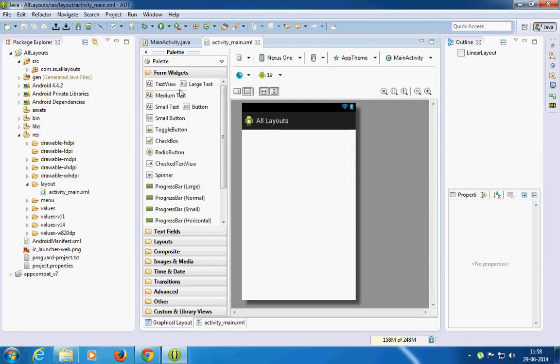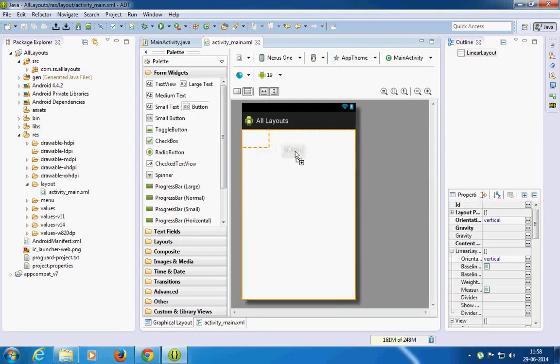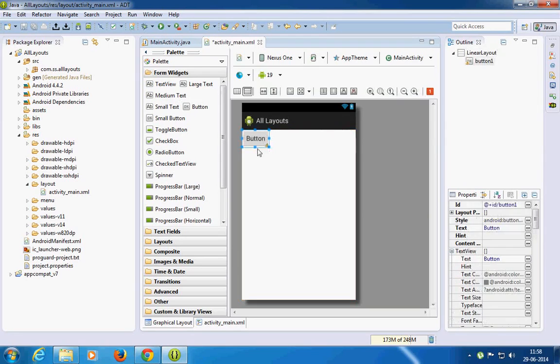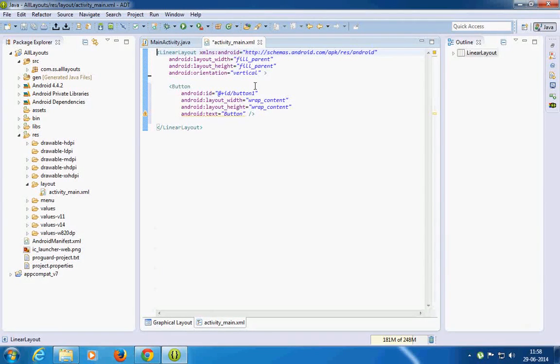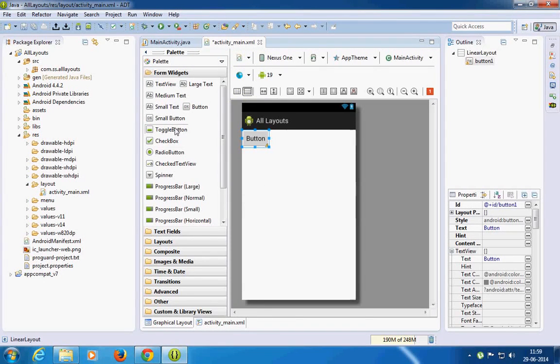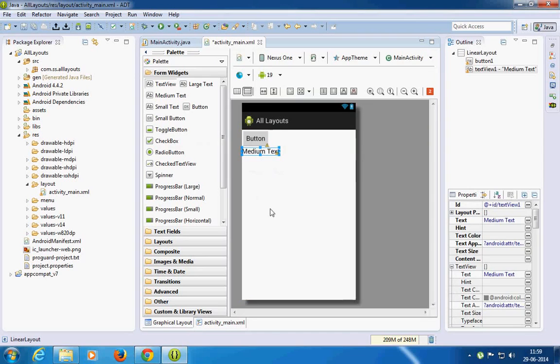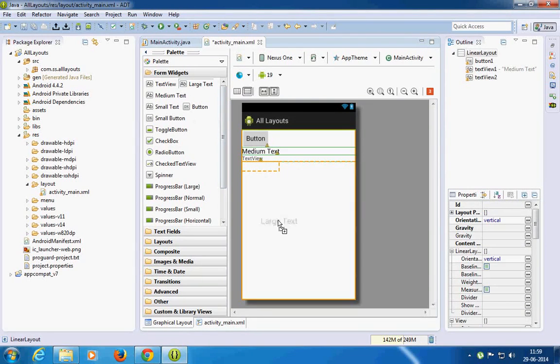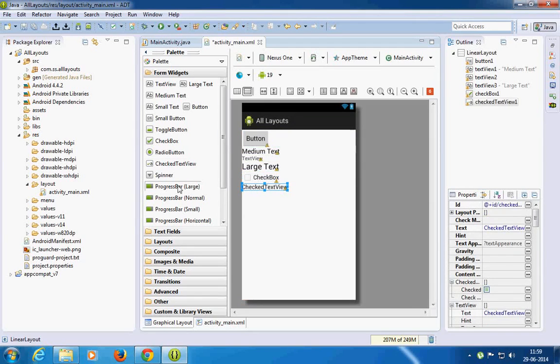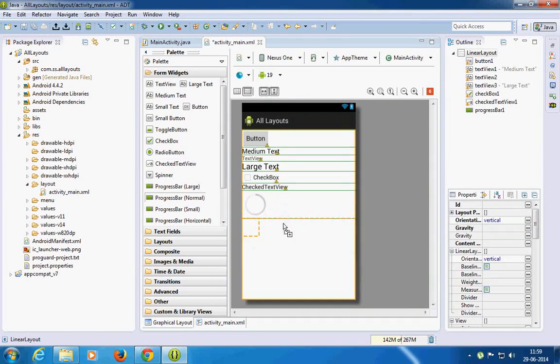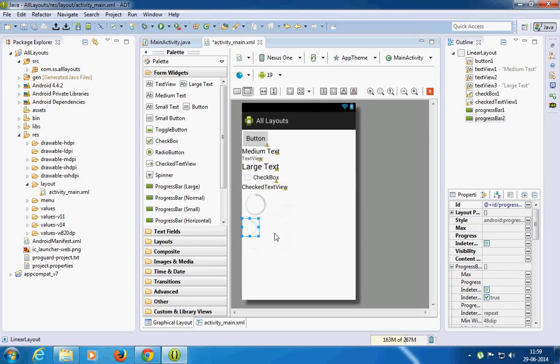So when we pull in any button over here, now this is a linear layout whose orientation is vertical. So every item you pull down would be vertical. It will be stacking one below the other, one below the other. It will not be in the other way. So that is how they are all stacked in a vertical order.